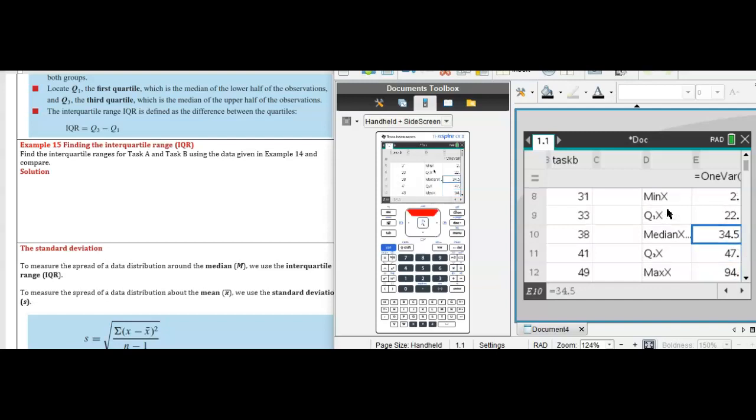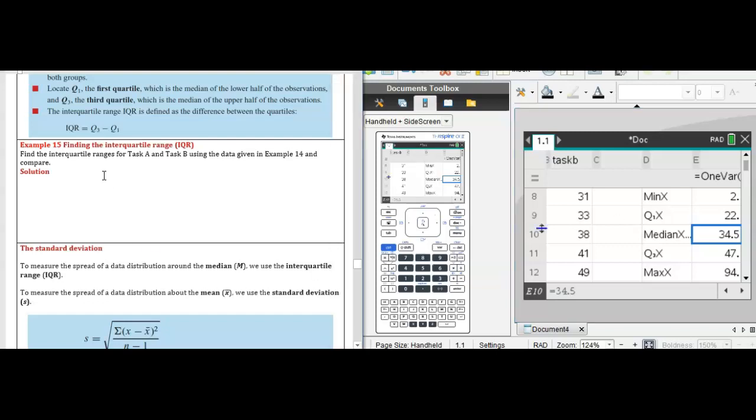interquartile range. So remember, your interquartile range is Q3, your upper quartile, minus, sorry, that is a Q1, your lower quartile. So for task A, your upper quartile is 47 and your lower quartile is 22. So your interquartile range for task A is going to be 25. And then task B,